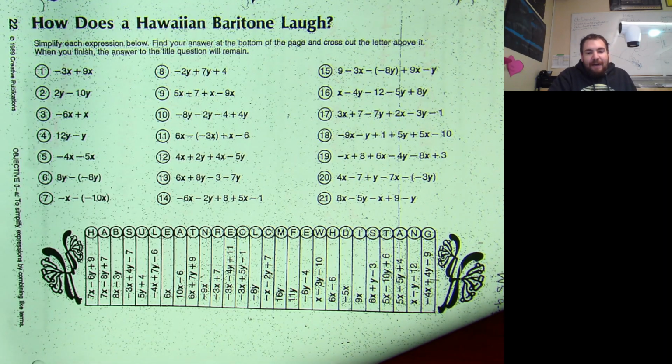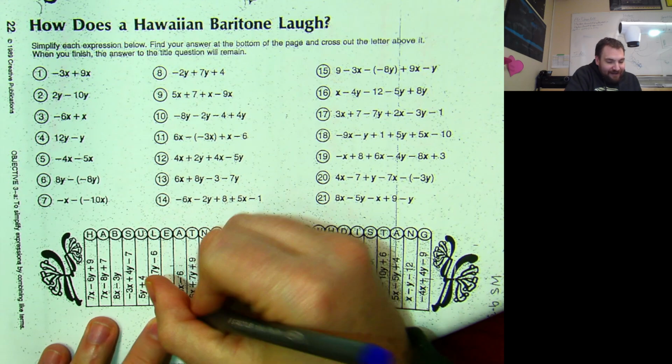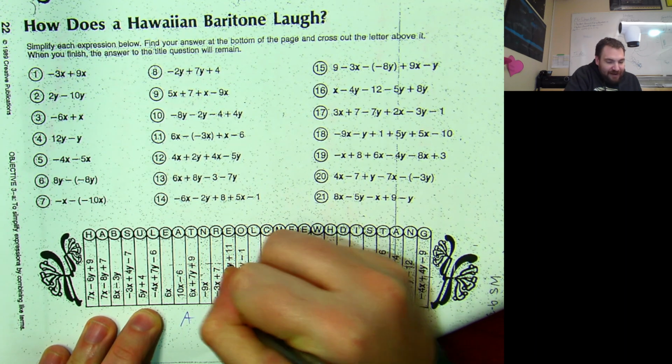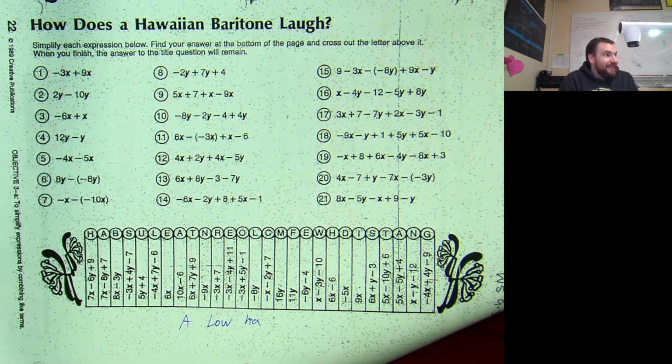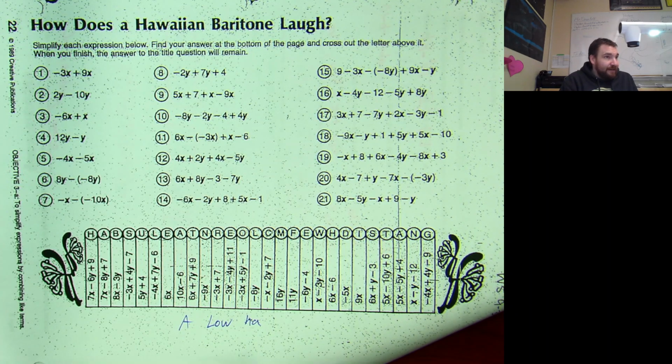I don't know. How does a Hawaiian baritone laugh? Hands up. Danny. Lo, ha. It's funny because... hands up if you don't get it. Like it's aloha, but it's a baritone. So